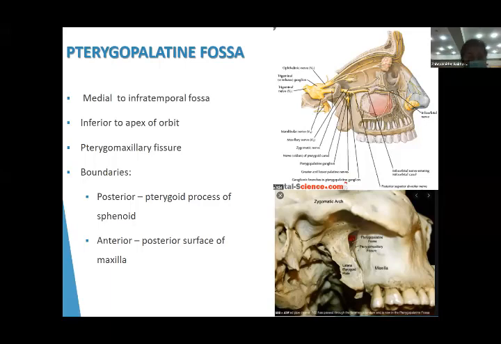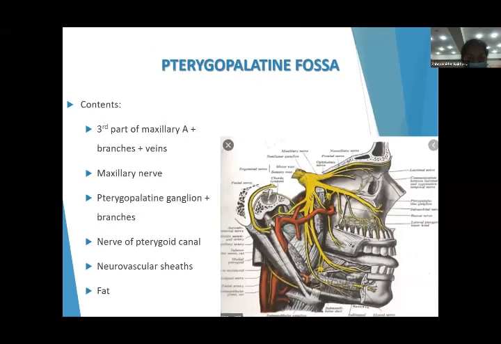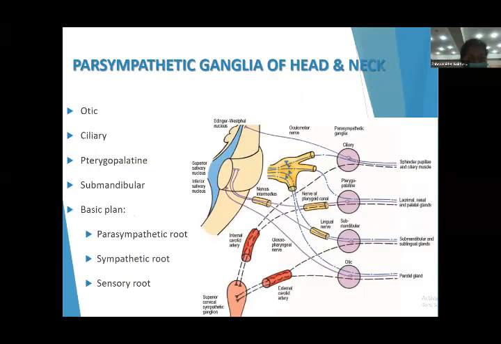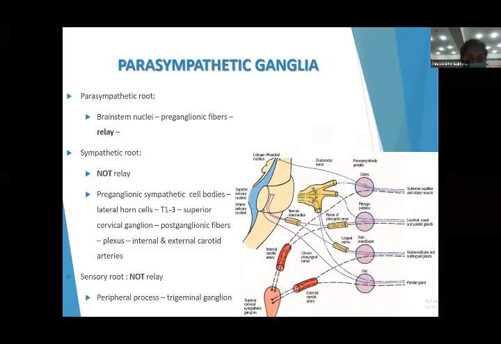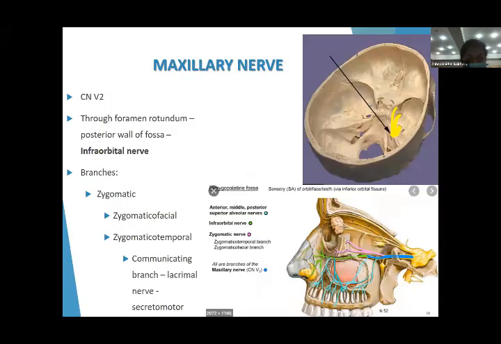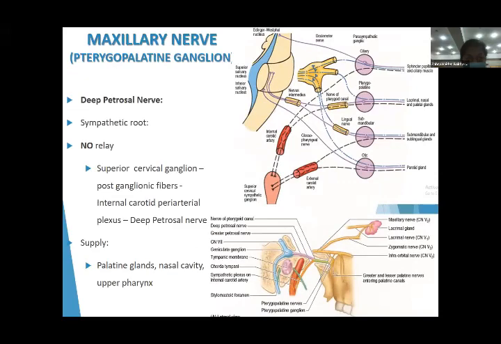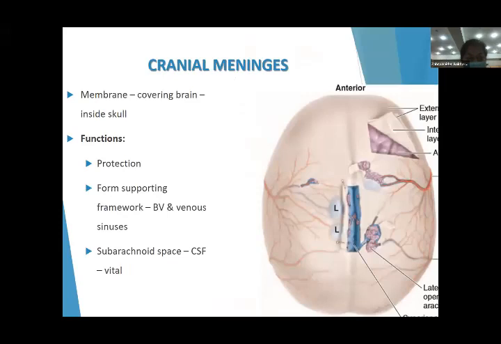I've just gone through the entire syllabus. Pterygopalatine fossa, pterygopalatine part of the maxillary artery, third part of the maxillary artery, maxillary nerve, pterygopalatine ganglion, then comes the meninges,